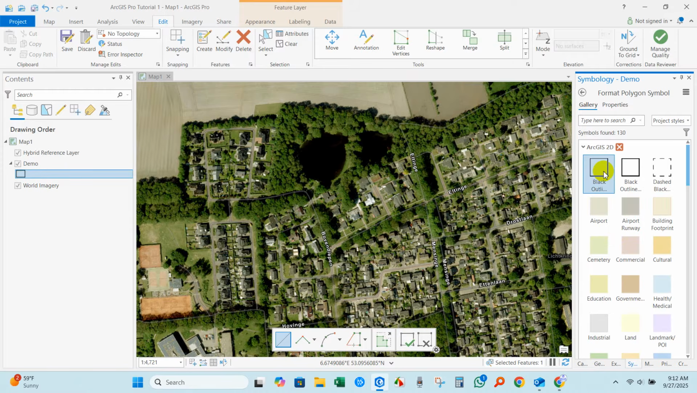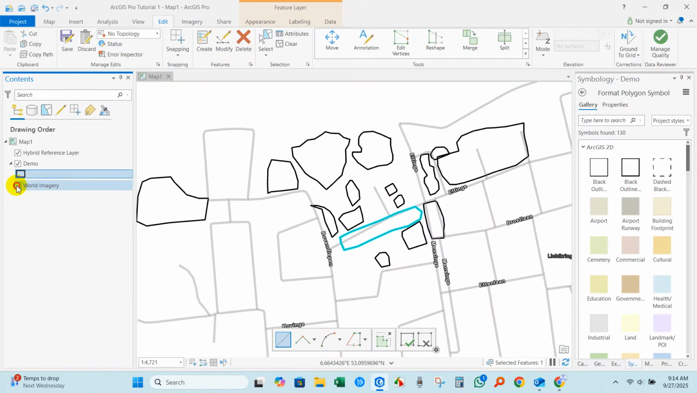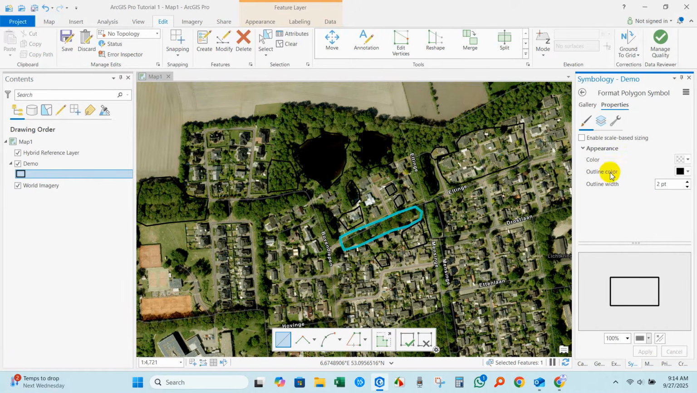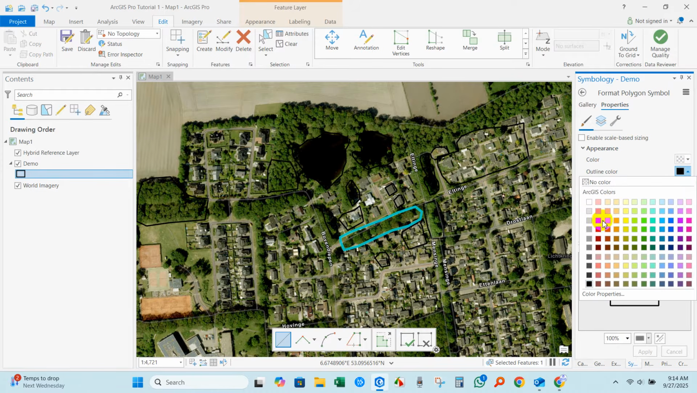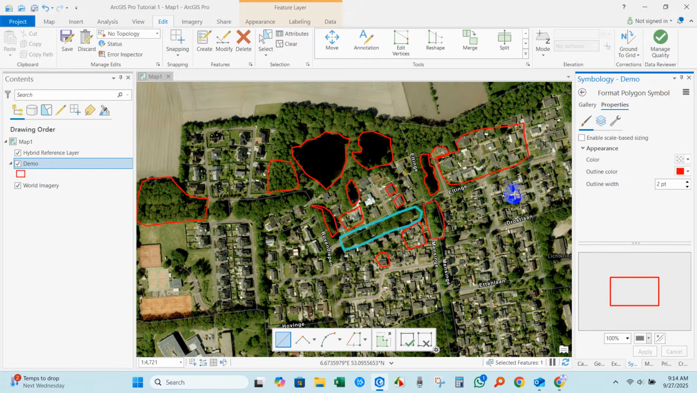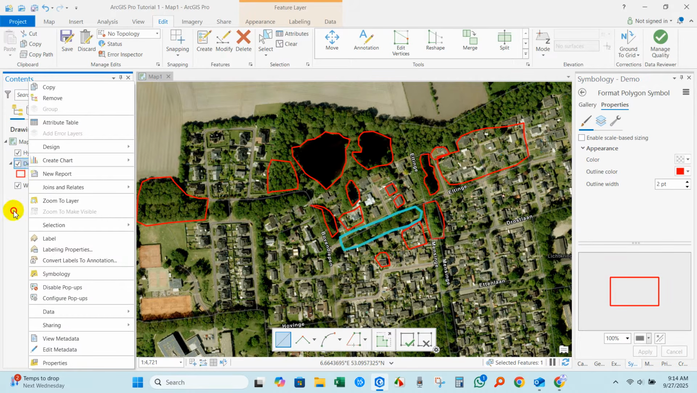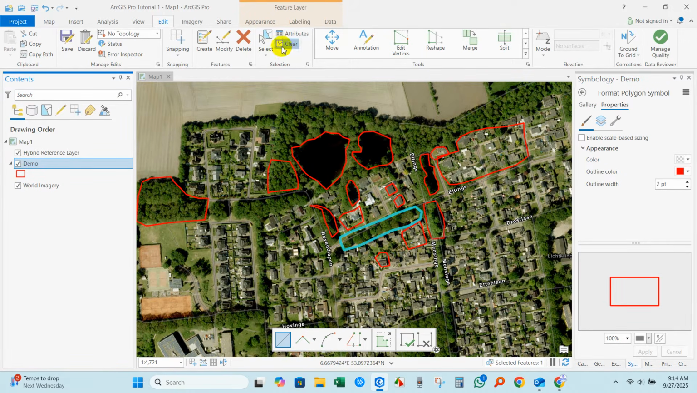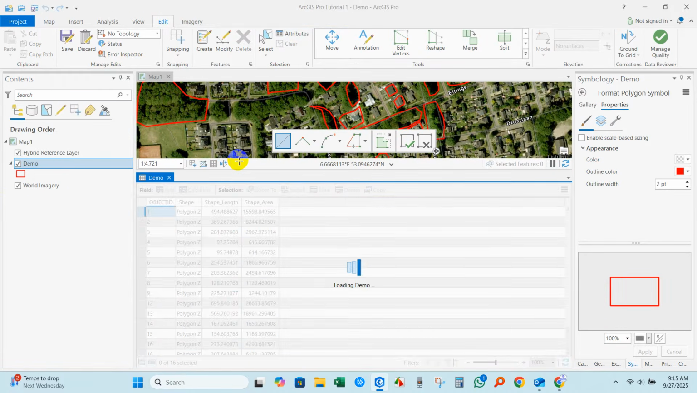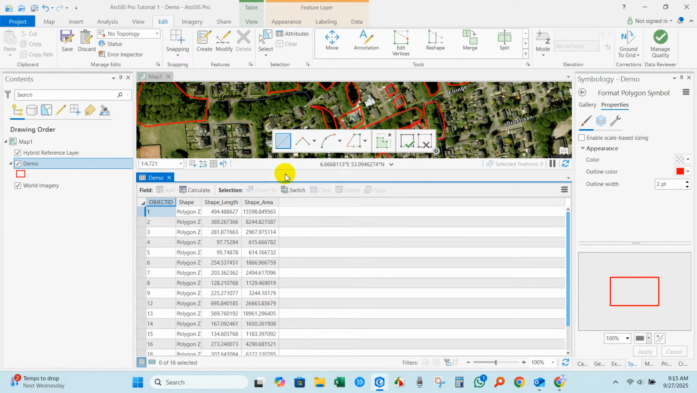If we want to just keep the outline, then click here, go to properties and then outline color. You can change the outline color. I'm keeping it red and click apply. Yes, outline color has been changed. Click clear. Yes, and right click and go to attribute table, and you can edit attribute table and you can